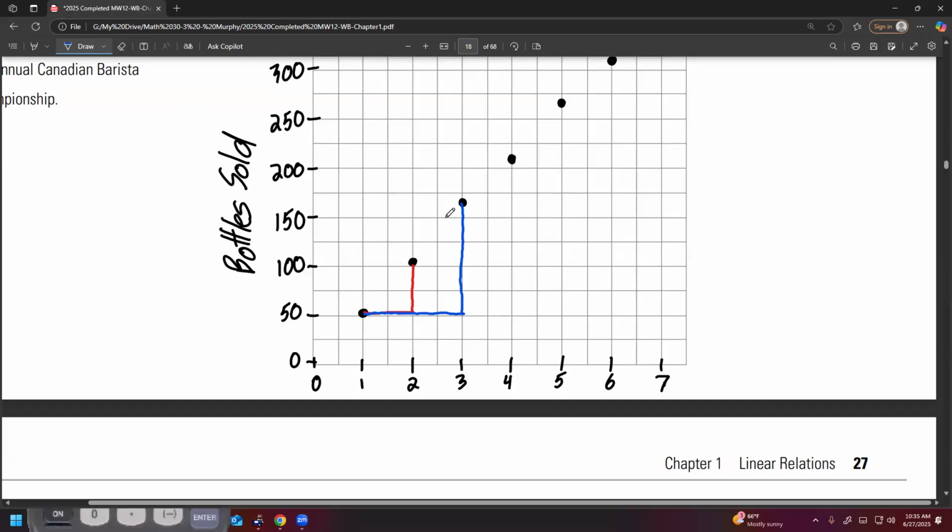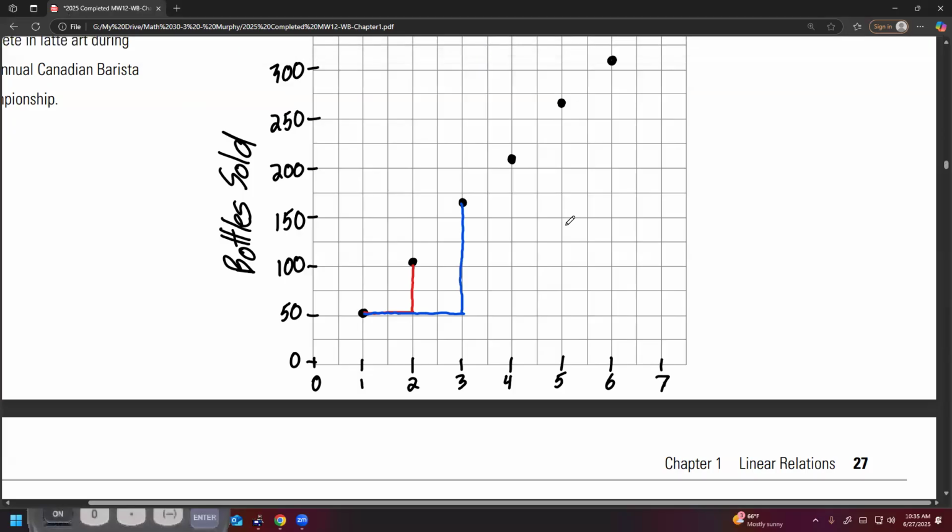Okay, so if we subtract this value from this one here, the length for the rise on the blue part